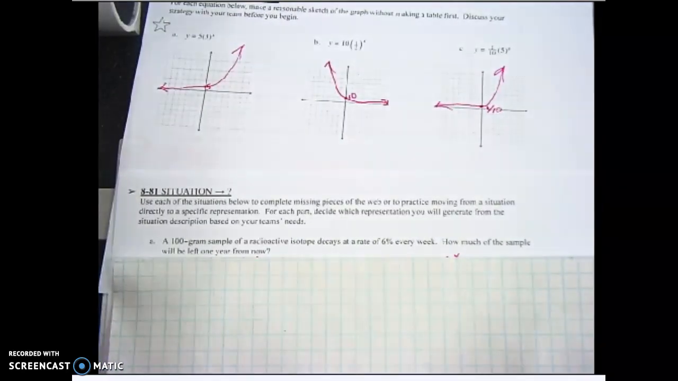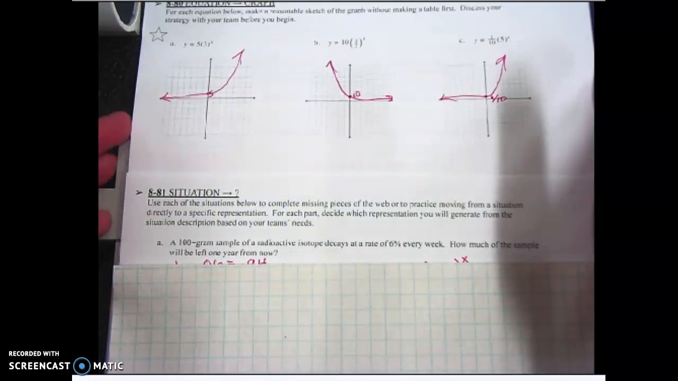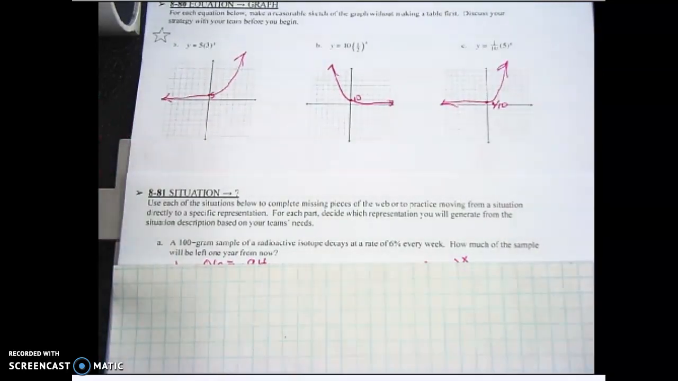Question 81 says, use each of the situations below to complete missing pieces of the web or to practice moving from a situation directly to a specific representation. For each part, decide which representation you will generate from the